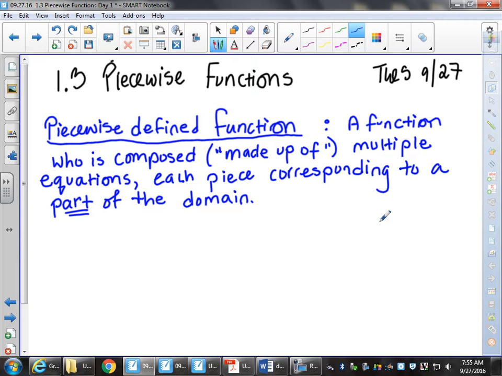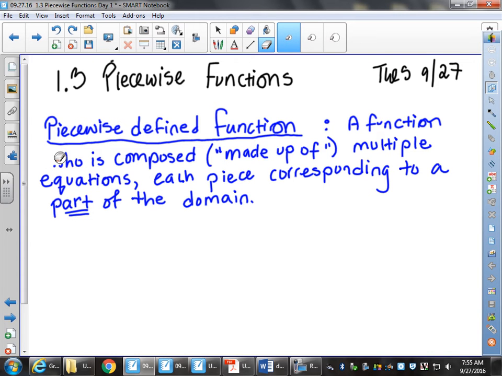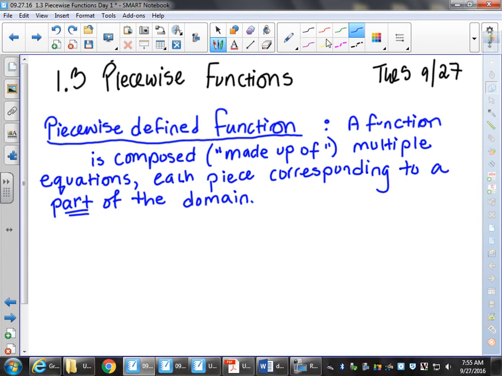Yes? Say that one more time. Why did it say who instead of that? Write whatever word makes you happy. Could be either. You could say who, which, that. It's got a personality. It's cool. It's made up of pieces. Let's make it a person. But if it makes us feel better, I have no problem making it that. Better? Okay. A function that is composed or made up of multiple equations, each piece corresponding to a part